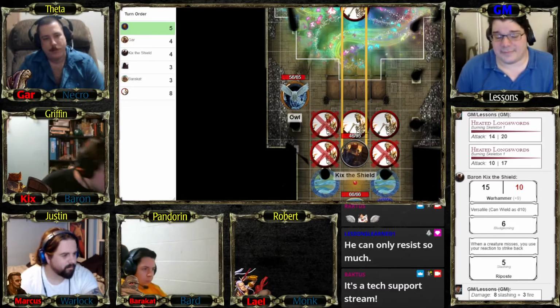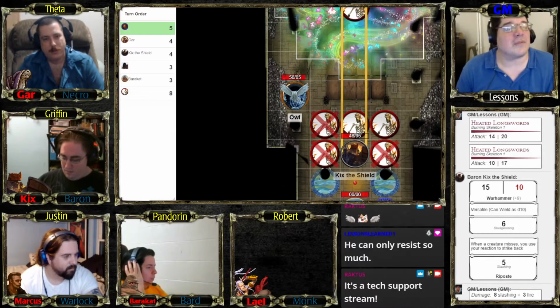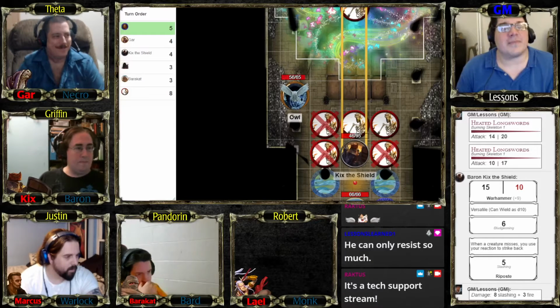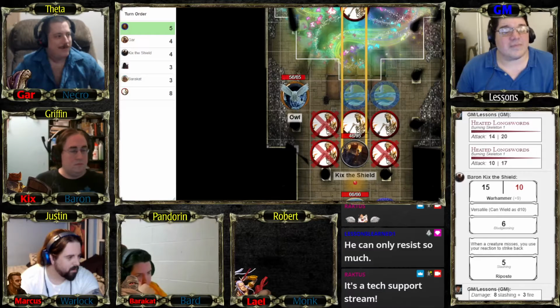All right. I just did really good last round. These guys are more annoying than anything else. Be very similar to my previous turn. I'm going to move Bigby's hand tentacle